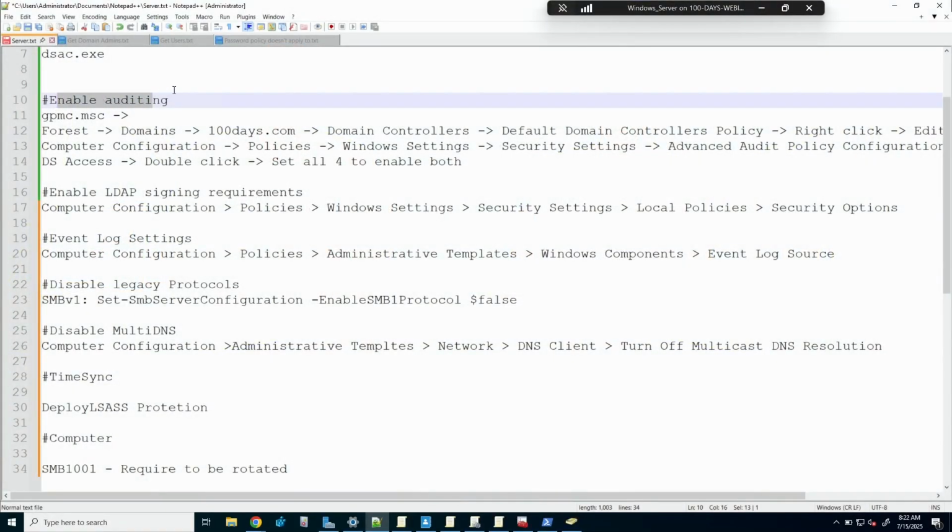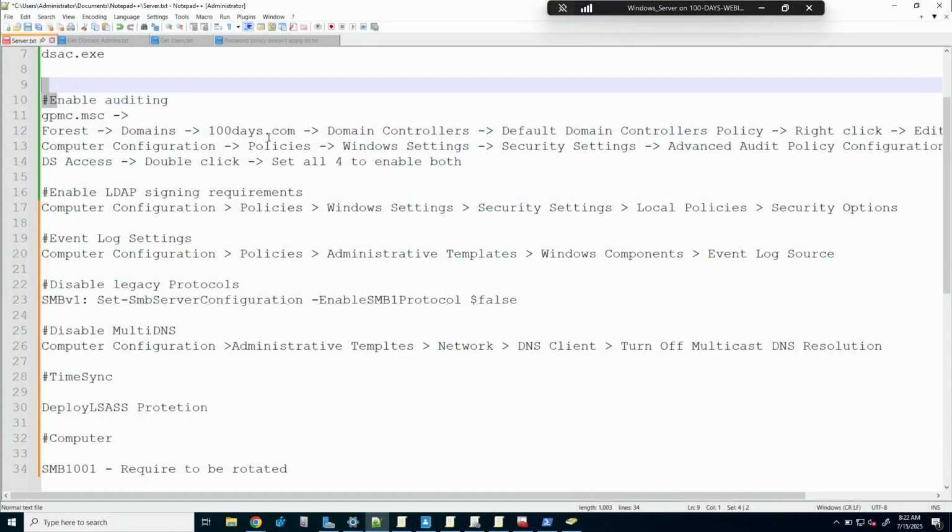Okay, so let's talk about other things. Auditing. This is the one that's really important. This is going to give you a whole bunch more information in your Windows event logs. Of course, it's very, very hard to read information from the Windows event log and go, oh, we've been breached. But if you've got a good EDR, it's going to ingest it and tell you which are the things you need to worry about.